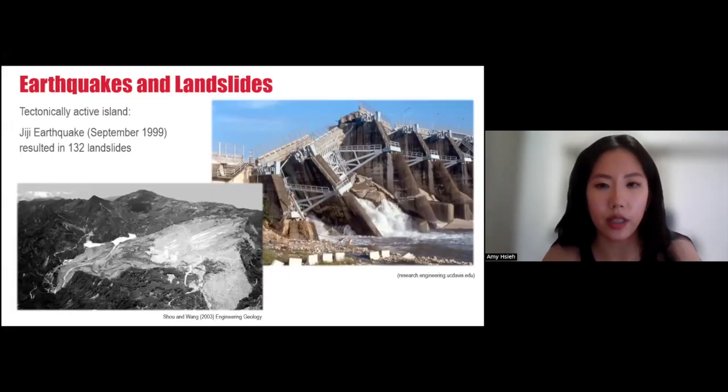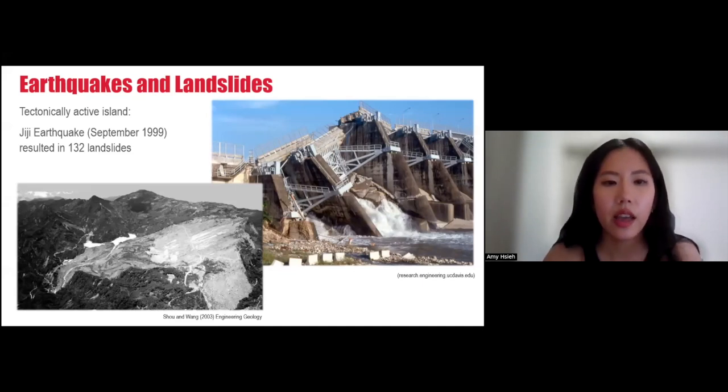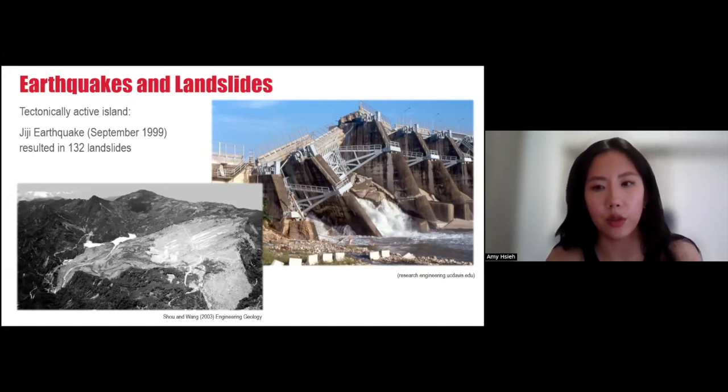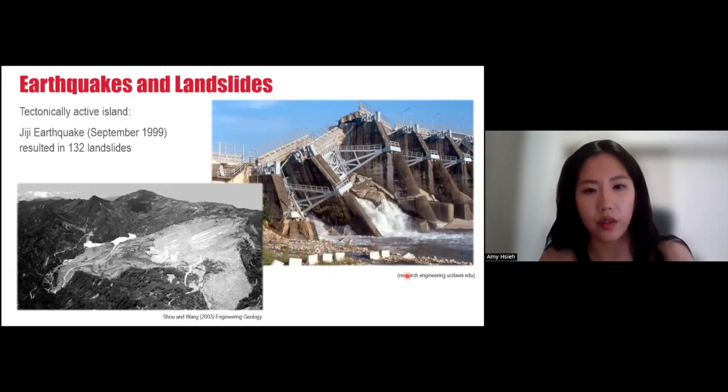So as I mentioned before, Taiwan is situated on a collision zone, and therefore it's very tectonically active. For example, these are some photos that demonstrate the amount of damage created by the Jiji earthquake in September 1999. This was a magnitude 7.3 earthquake that created over 130 landslides. It displaced a nearby dam upwards by 9 meters, and it created waterfalls in the river channel. These frequent earthquakes and mass wasting events liberate an enormous amount of sediment, which is then transported to the adjacent seas by the steep rivers of Taiwan.